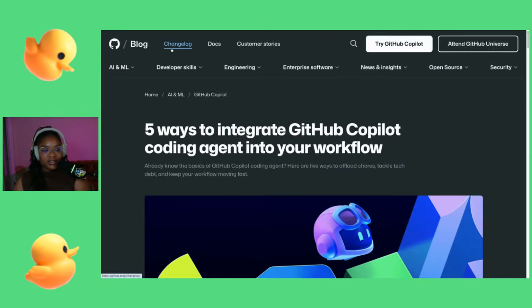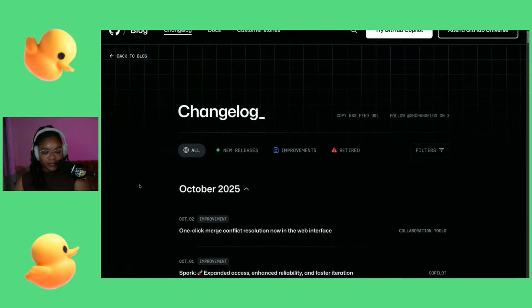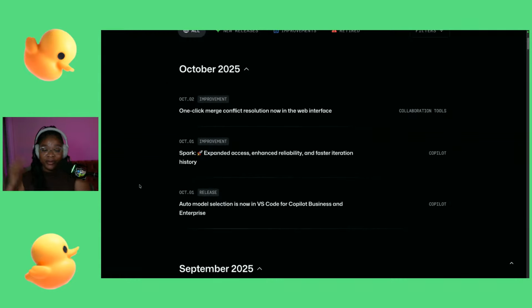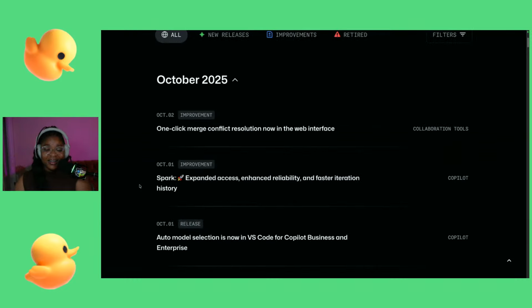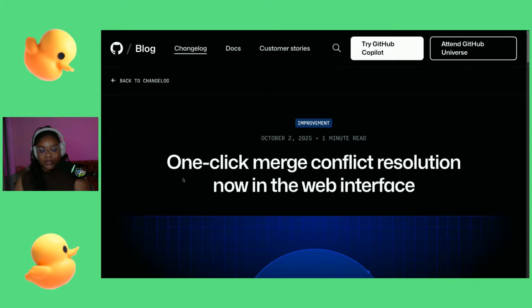All right, so let's go to the changelog. There are so many other blog posts that you can check out, but let's look at the changelog because we have been busy here. We have been so busy. Okay, so this was just shipped today. One-click merge conflict resolution now in the web interface. That's incredible.